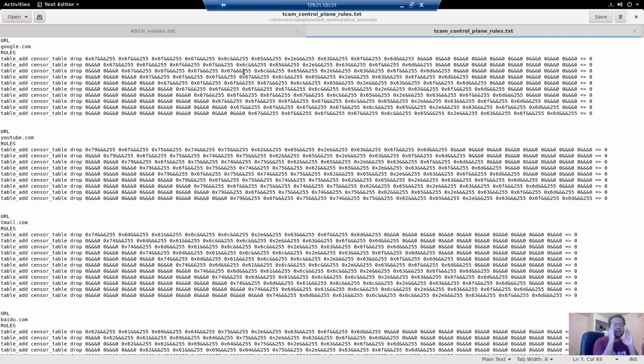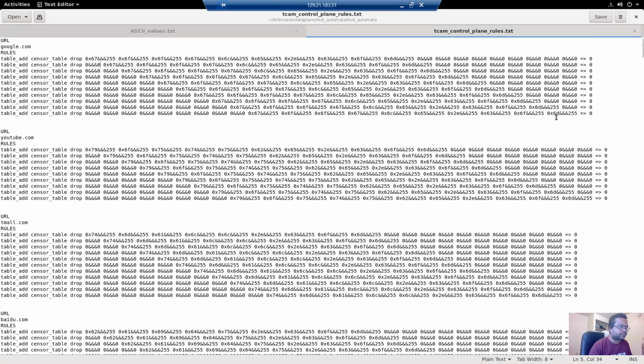For example, google.com can be at the first place, starting from the first byte, and then the remaining bytes will be don't care. It could start from the second byte, and then the remaining will be don't care, and the first one is a don't care. This don't care property of the TCAM is really good, and we can leverage it to construct the rules that help us to filter the traffic.